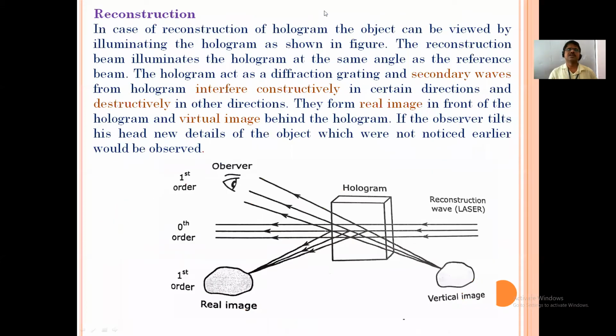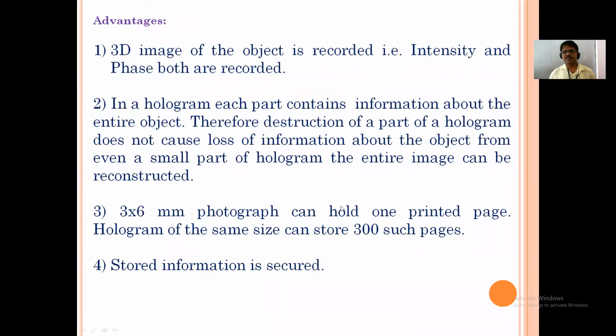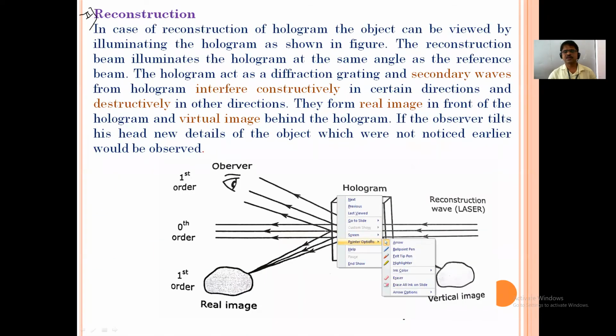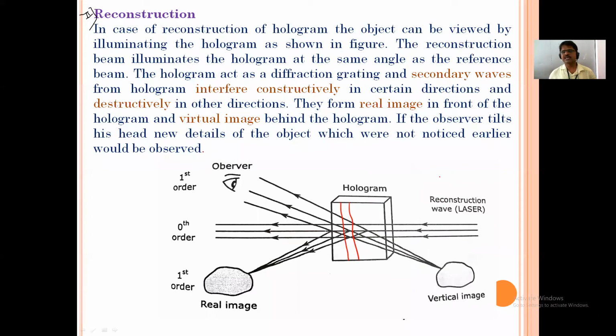Second stage, write it: reconstruction. Step number 2, reconstruction. See here, this is the hologram. This hologram means alternate dark and bright bands are there. It is illuminated with the help of reconstruction beam, and हा reconstruction beam is identical